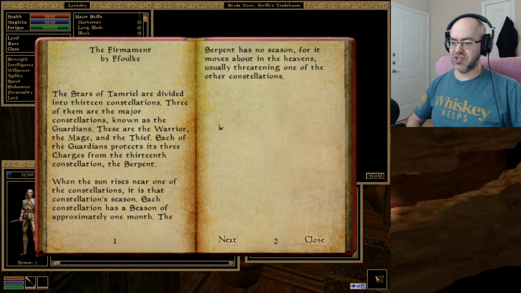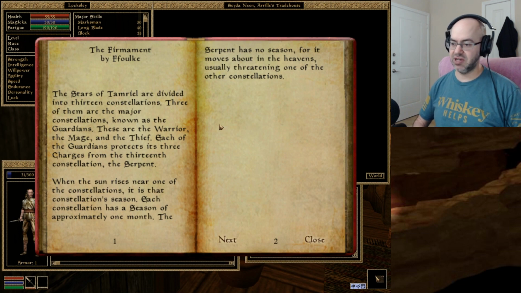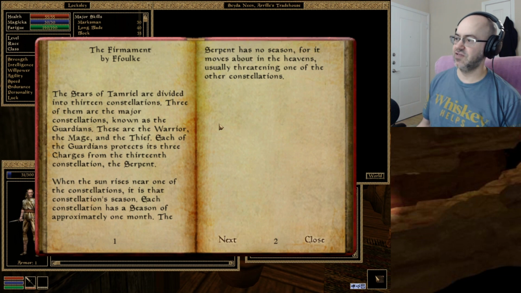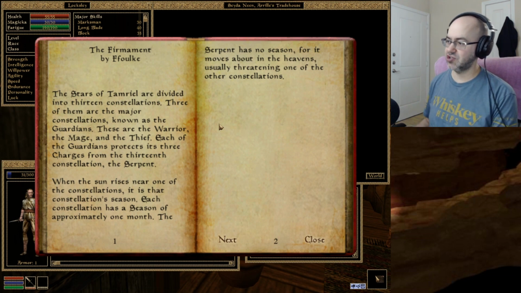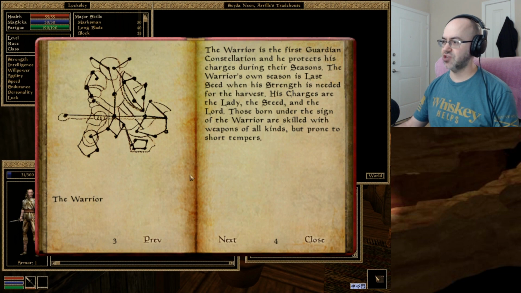When the sun rises near one of the constellations, it is that constellation's season. Each constellation has a season of approximately 1 month. The Serpent has no season, for it moves about in the heavens, usually threatening one of the other constellations. The Warrior. The first Guardian constellation, and he protects his charges during their seasons. The Warrior's own season is Last Seed, when his strength is needed for the harvest. His charges are the Lady, the Steed, and the Lord. Those born under the sign of the Warrior are skilled with weapons of all kinds, but are prone to short